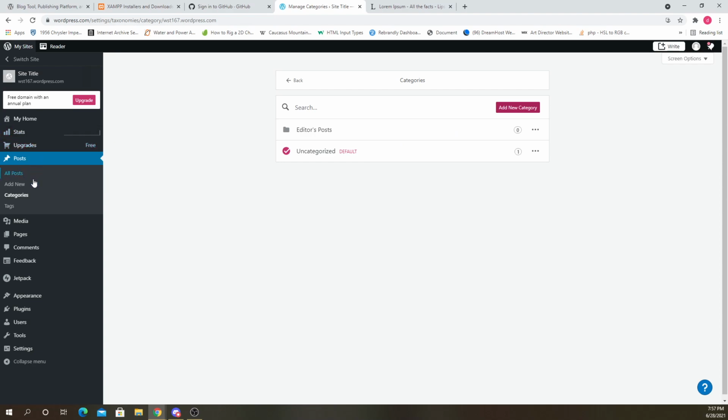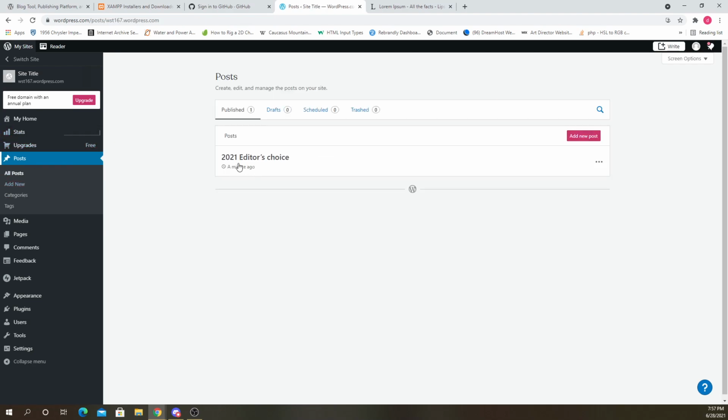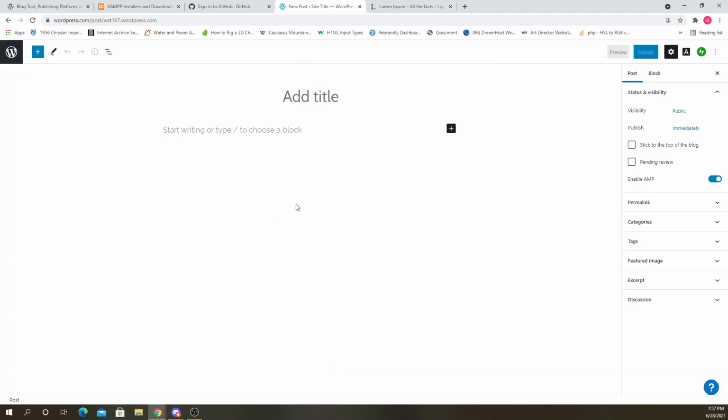Okay, now when we go to posts, let's see if we could categorize it. Or let's add a new post. Add new post. Categories. Okay, so here we can choose under post, instead of block, choose post here.